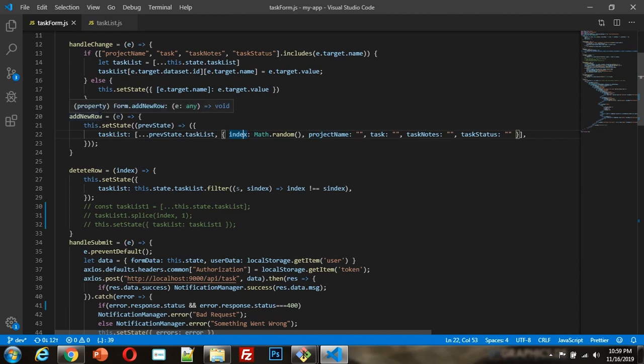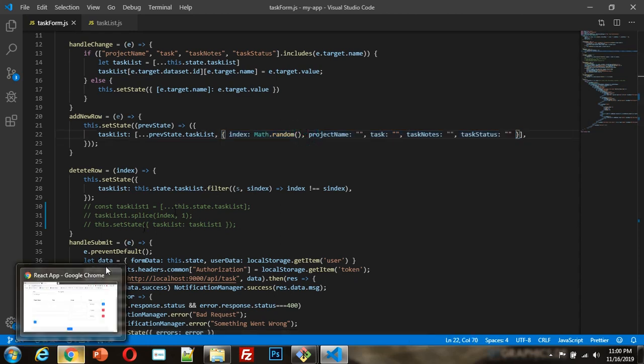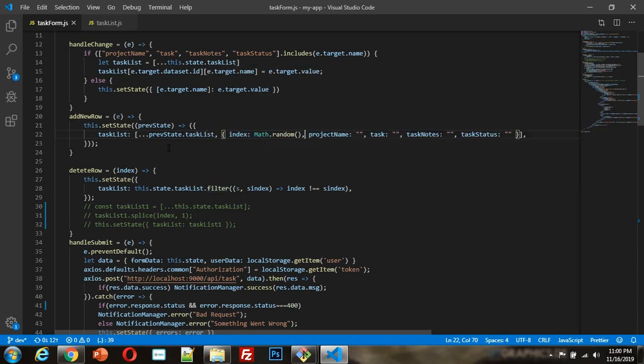So addNewRow is copying the previous array and adding an extra row to it. In this way another copy of that array is generated. This is the work of new row.